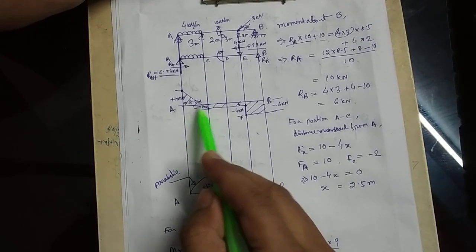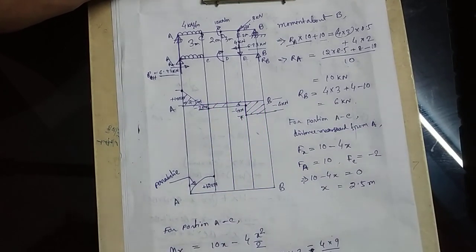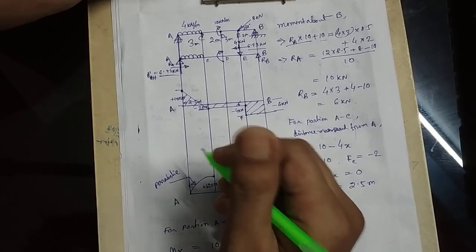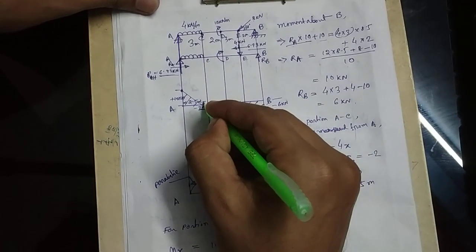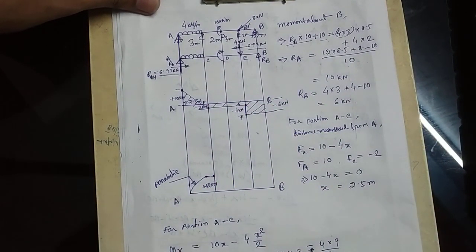So from A to C, shear force changes sign at x equal to 2.5 meter. So if that point is represented by, say, some other point F, then at 2.5 meter the bending moment,